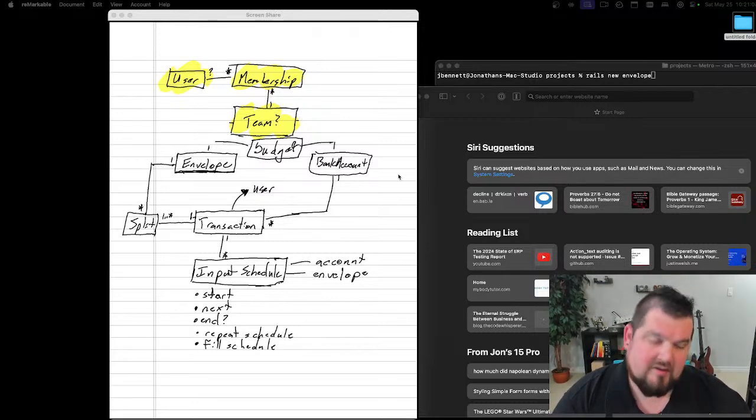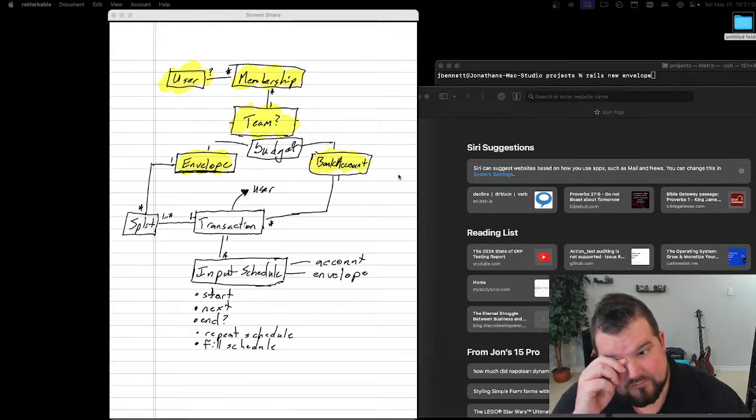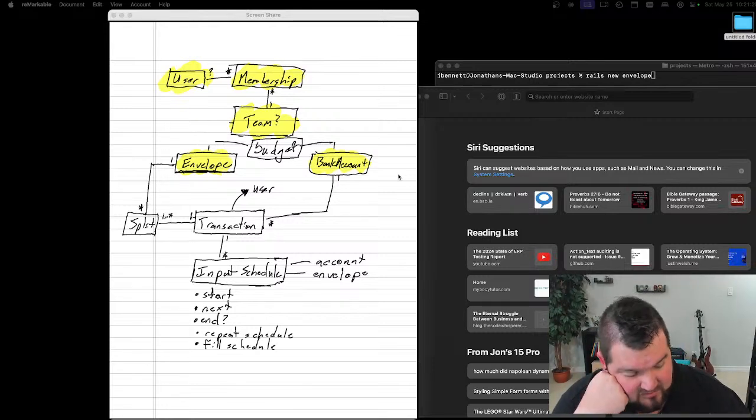Inside your budget, you'll have your bank account. This is going to be your actual bank account. So you'll be checking your account, savings account, etc. Then inside of your budget, you're going to have a bunch of envelopes. These will be your categories. So you'll have an envelope for your groceries, an envelope for your hydro bills, etc. And then within that, you're going to be able to have your transactions, and it's going to say, I spent